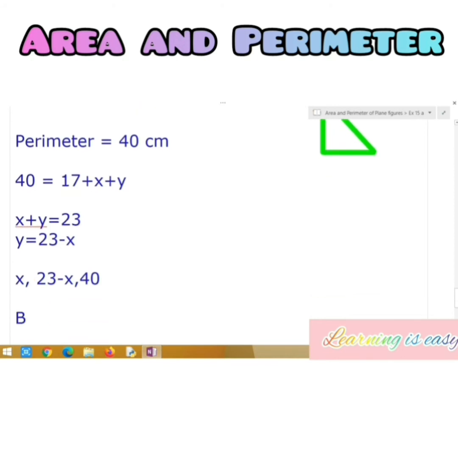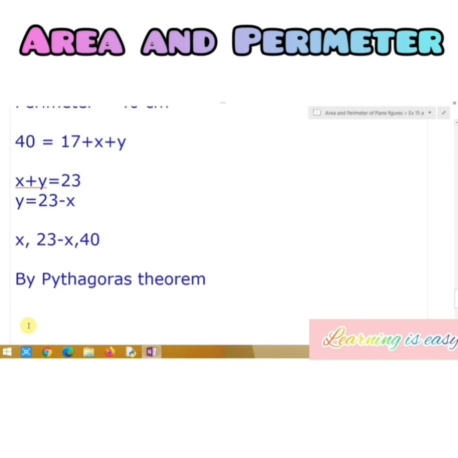That's hypotenuse. So by Pythagoras theorem, we can write square of the longest side is equal to sum of the squares of the other two sides. So hypotenuse square equal to,